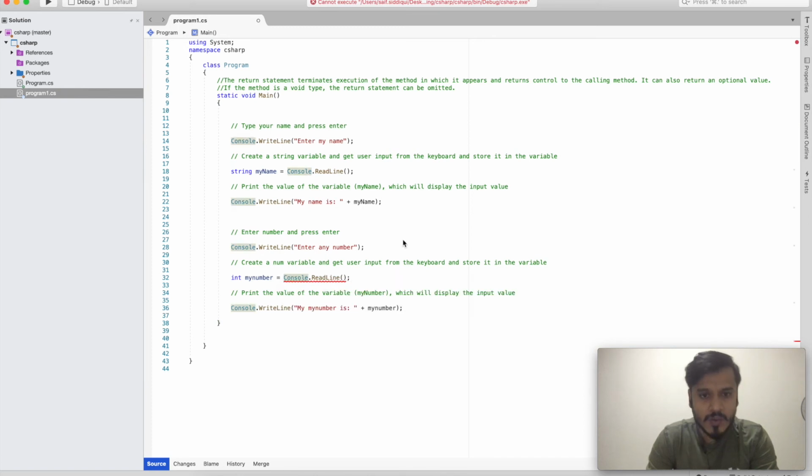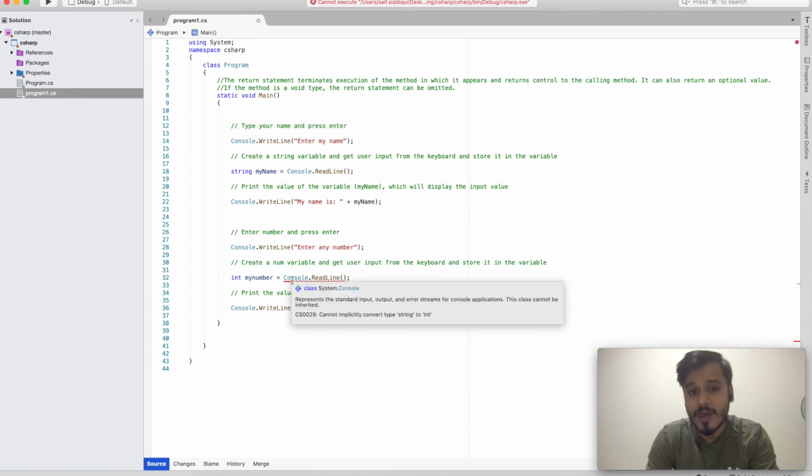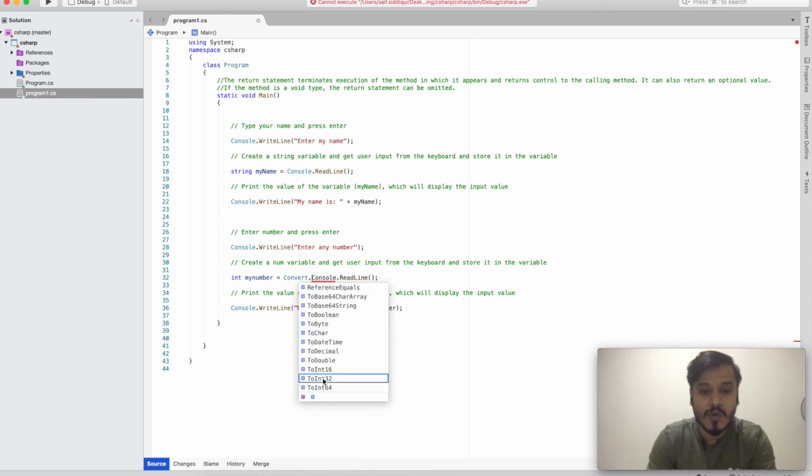So as we can see, we have done till here, everything is looking good, but here we are seeing a red error because we are not able to convert the string. From the keyboard we are getting a string, and that string we need to convert to an integer in order to store it in this variable. So in order to convert that keyboard input, I just need to write Convert dot. You see there are a lot of options.